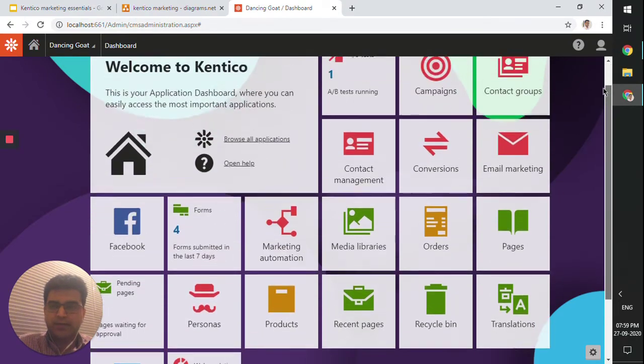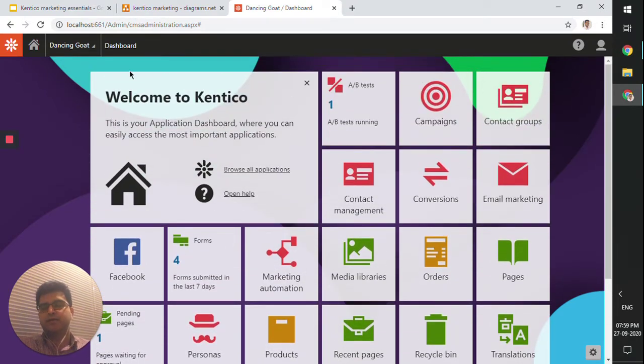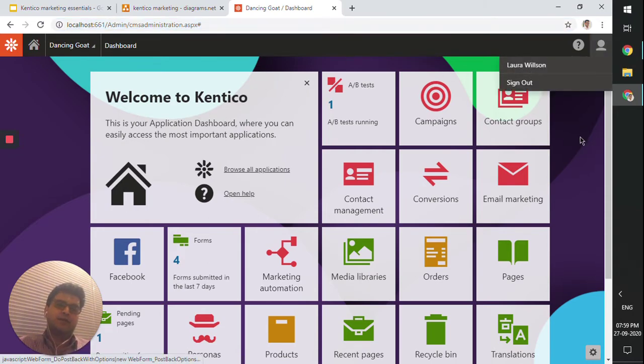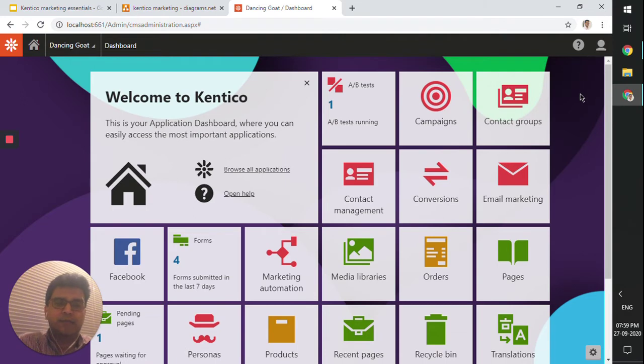Now I am logged into the Kentico admin portal. This one is a website that I have running locally, and I'm logged in as Laura Wilson, who is the marketing manager for the Dancing Goat website. And being the marketing manager for this website, she has access to this dashboard that was created for this role,